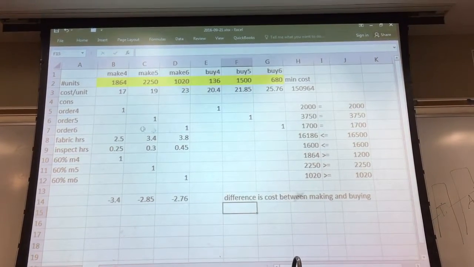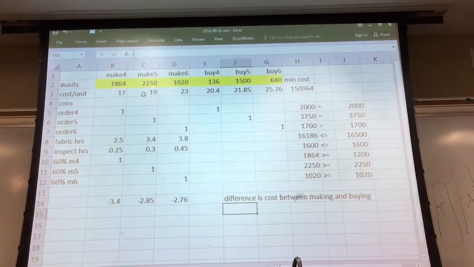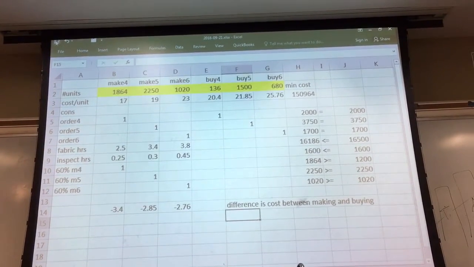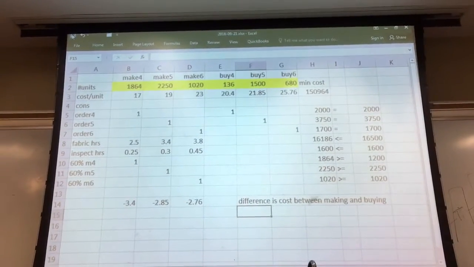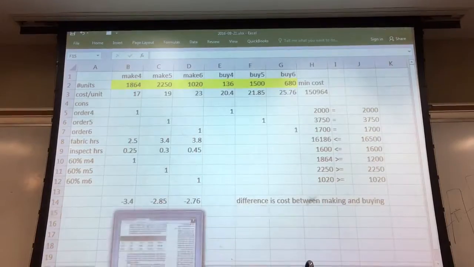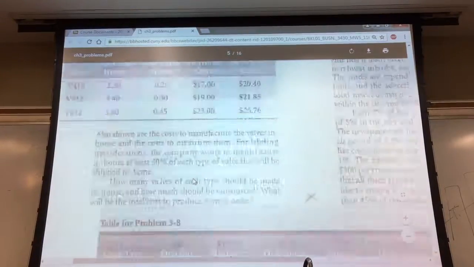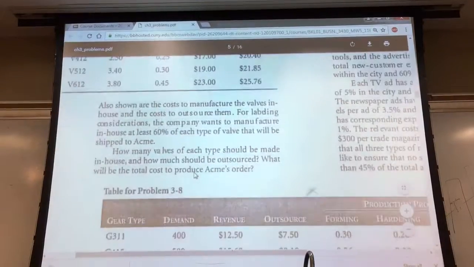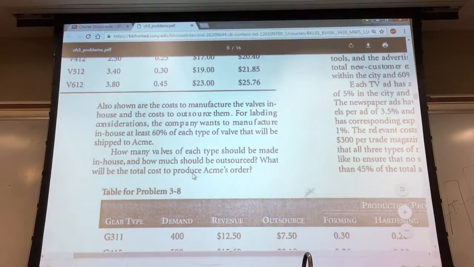Now you're going to say to me, why did he pick this? I don't know. He tried all the possible combinations. Because this is Excel, all it does is try all the combinations in the world. Alright. Now, I'm not doing 3-8 because 3-8 is really very painful. Because there's a lot of variables and I